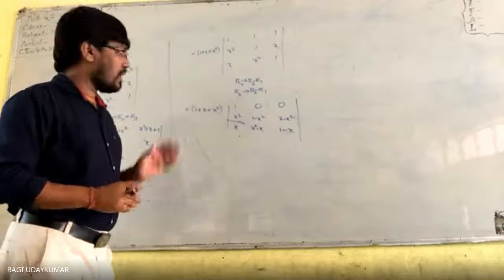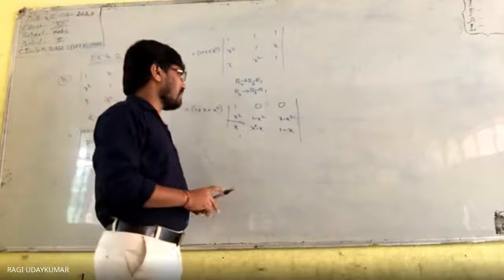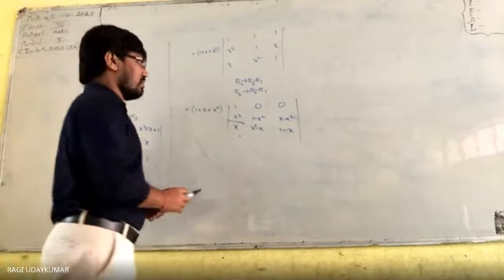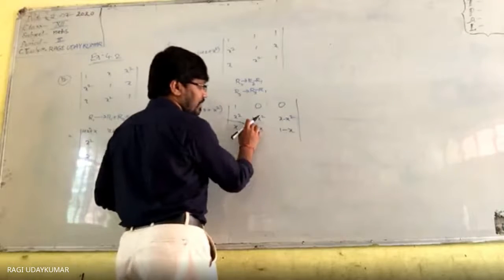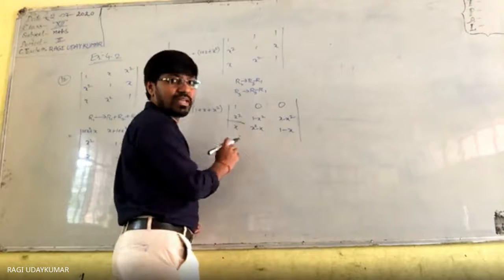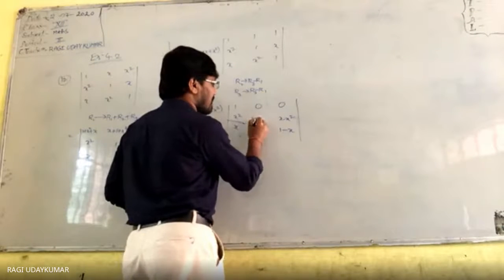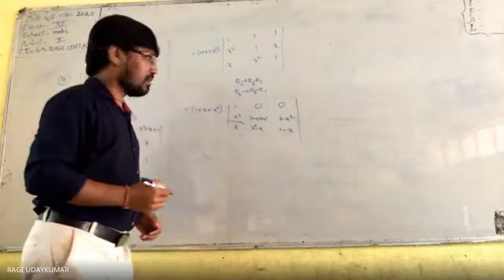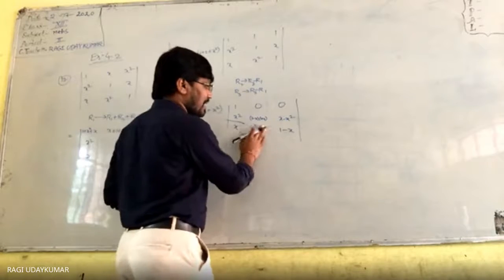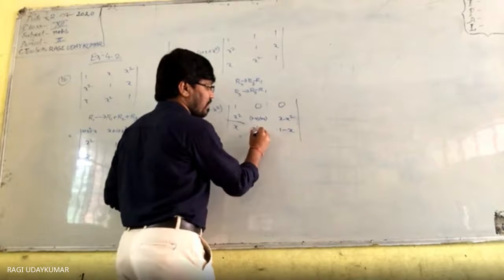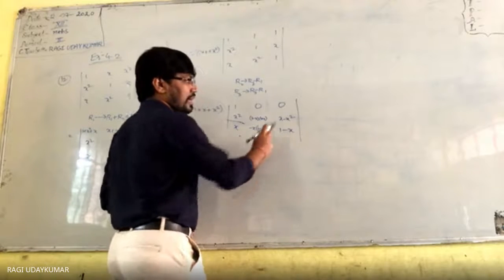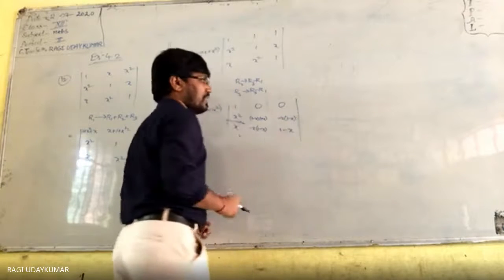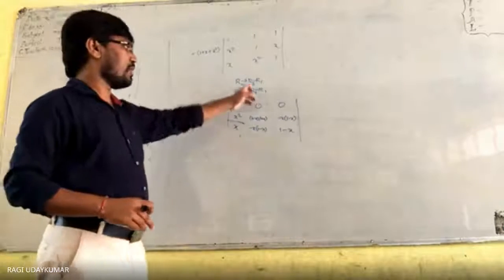Okay. Now what to do? Directly you may think that I will expand it along the first row. Now still you may simplify. Here 1 minus x square can be written as 1 minus x into 1 plus x. Okay. And here if you take minus x common, 1 minus x you will get. And here also if you take minus x common, 1 minus x you will get. So from this what can you take common?